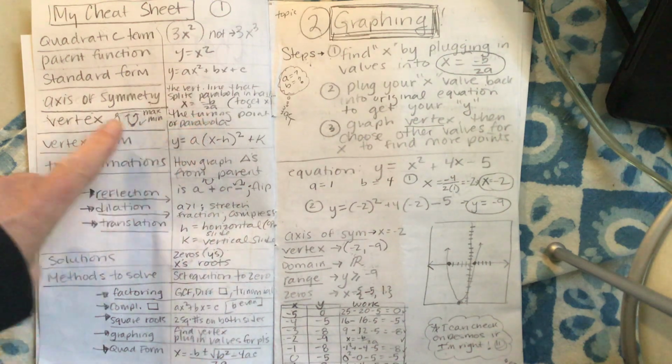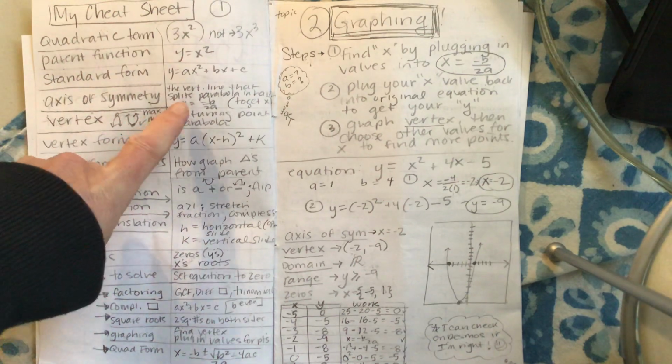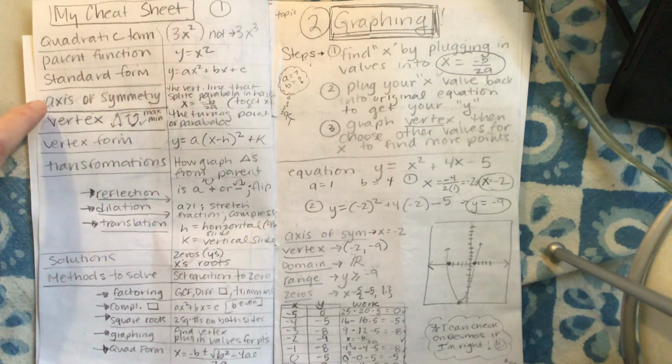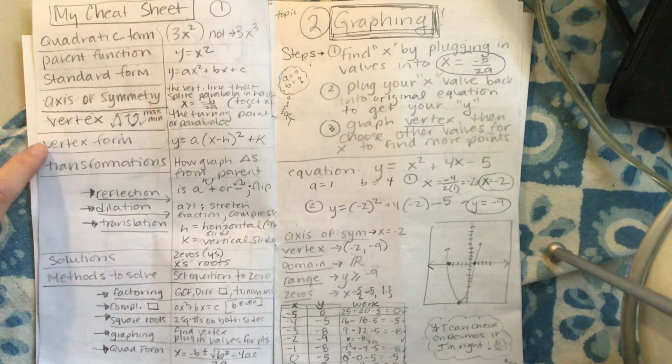X equals negative b over 2a, which will, for any quadratic equation, you can determine what x is from this quick formula and then find your vertex. The vertex is the turning point of the parabola. You have a maximum or minimum here. Here's the vertex form,